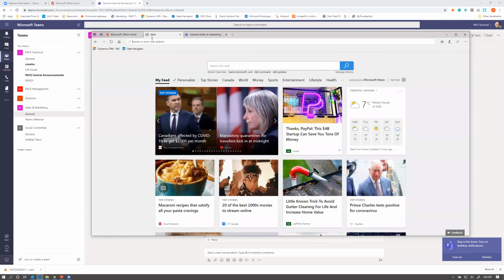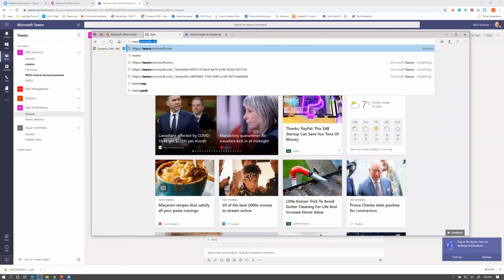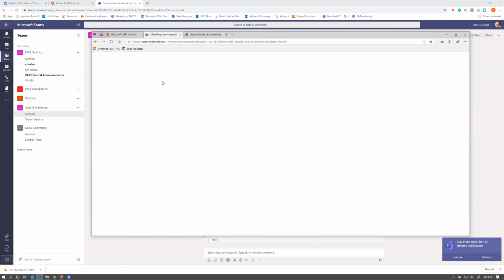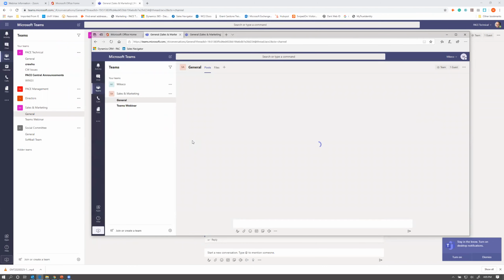So you just open up a browser and go to teams.microsoft.com. Hit enter, and it's going to load in Teams. I've noticed it's taking a few extra seconds. I believe there are lots of people using it.